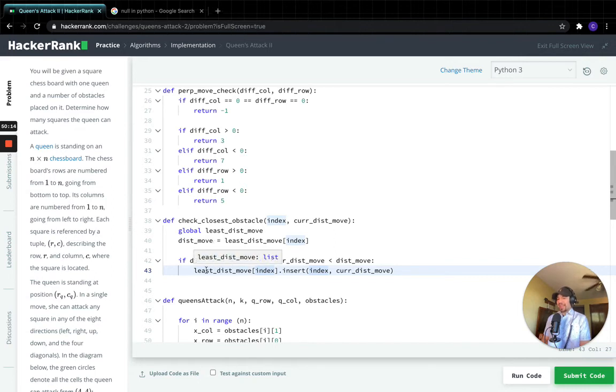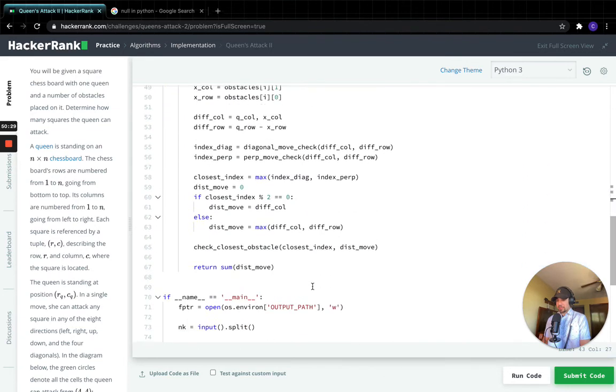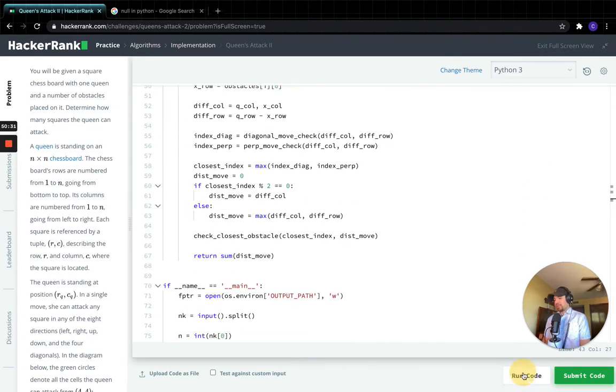So in the case that it hasn't been initialized yet, if it's none or the current distance moved is less than the distance moved, then we would insert it at that index, right? So theoretically this should work, but as you guys know,